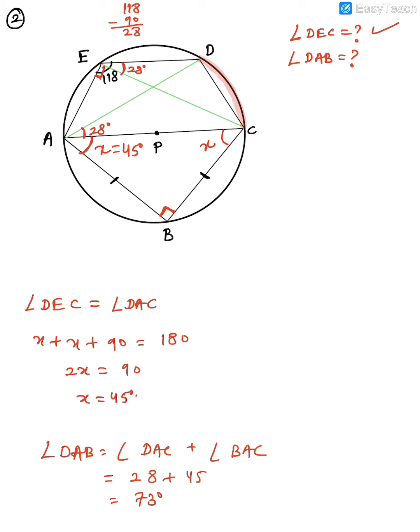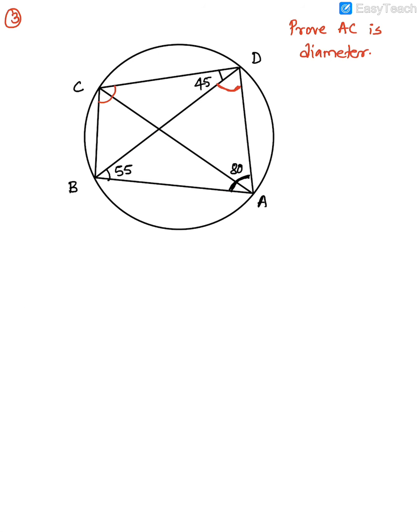Now guys, next problem. So guys, I have not written certain statements. Remember, you'll be writing all the statements that I'm explaining out here. Okay, then let's begin the third problem now. Okay, so guys, let's start with this problem now.